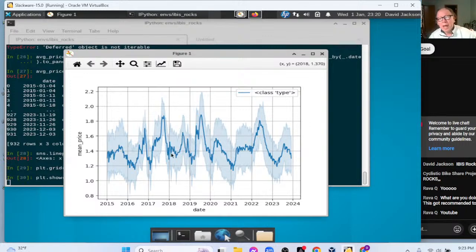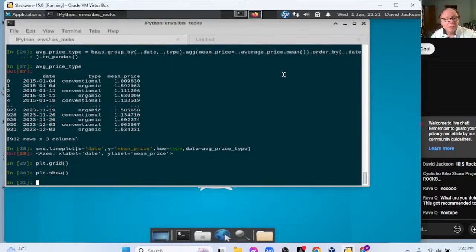There's supposed to be one line for the average, one line for the... Now this is a very interesting plot. I just don't know what it represents, because there should be one line for the organic and one line for the regular avocados. Did we miss something here? Maybe we do have to put it inside a single quote.